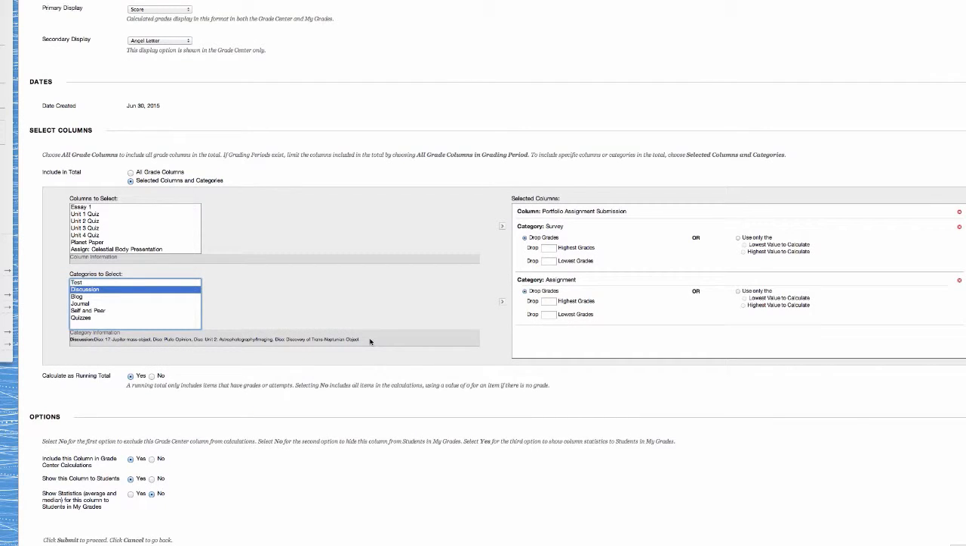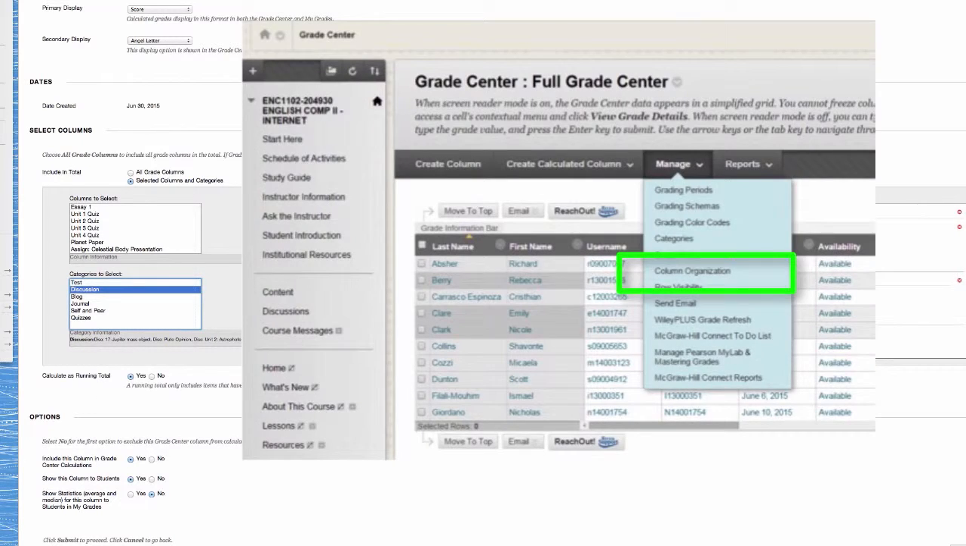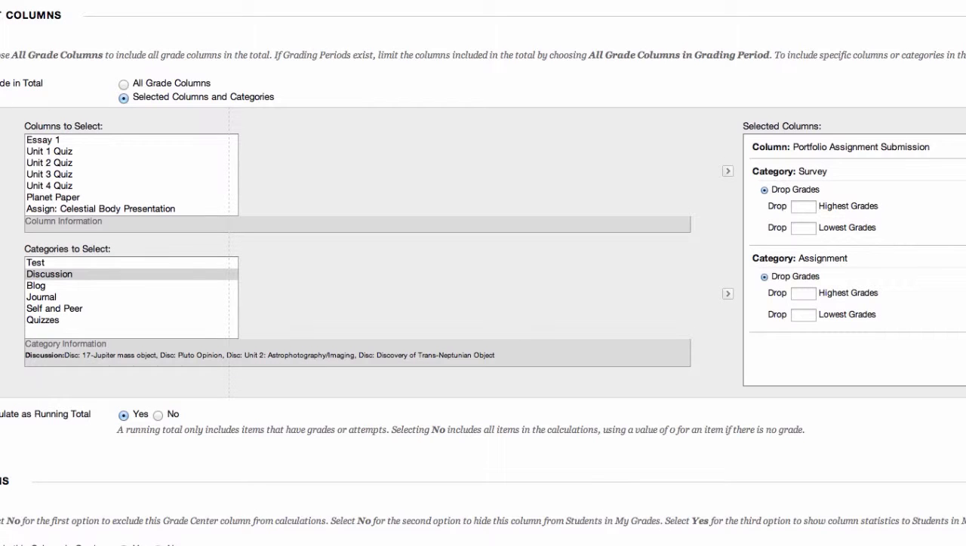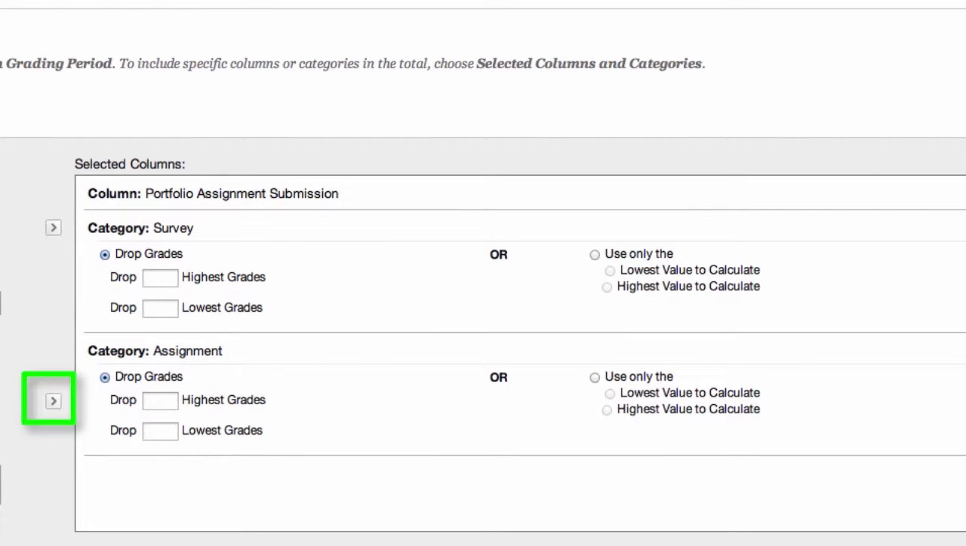You will not see the amount of points associated with each assignment or assessment. Points associated with each assessment can be checked using the Column Organization tool back under the Manage tab. Remember, you can also associate assignments with categories at any time. Once a category is selected and clicked across with the arrow sign, the category is added to the total weight